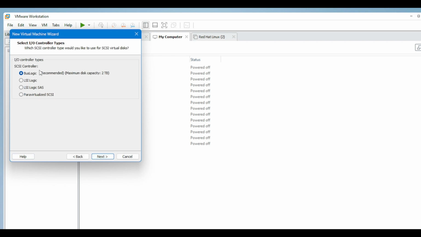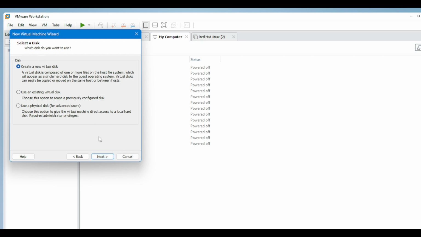Now back. So I am choosing VMnet8 NAT. Next. And here again the question, SCSI controller. Basically there are four, but do not choose the default one. If you want the disk to appear at installation time, then you have to choose from these two. Here I am choosing LSI Logic this time, and this is the recommended SCSI.